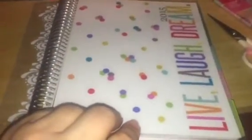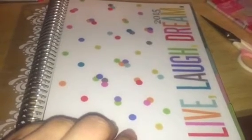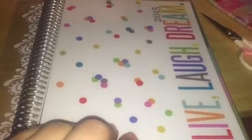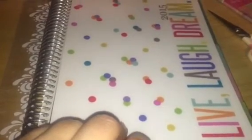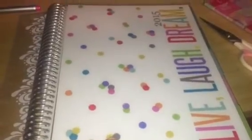Okay, so I'm trying to work with an Erin Condren this year. Now, last year I used my Filofax. I don't have it out, but I used the personal size Filofax, and it worked well. It's still going to be part of the planning rotation this year, but for my person on the go. But I'm going to use an Erin Condren instead of